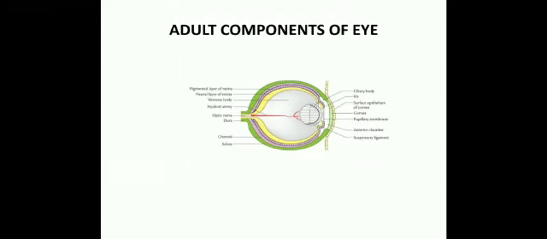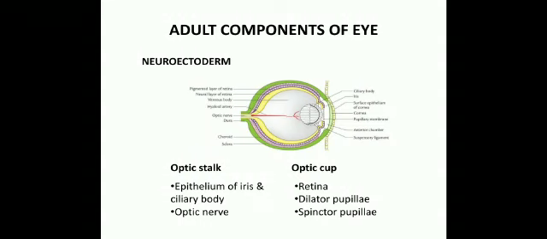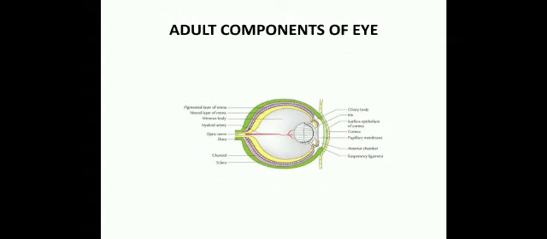So, now we will observe what are the adult components of the eye. So, we have seen that from the neuroectoderm the optic stalk and the optic cup are derived. From the optic stalk, the epithelium of the iris and ciliary body and the optic nerve are developed, and from the optic cup the retina, dilator pupillae, and the sphincter pupillae are developed, and from the surface ectoderm we are having the